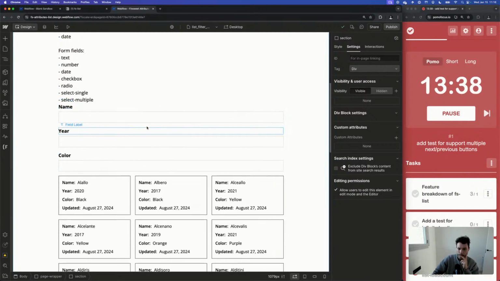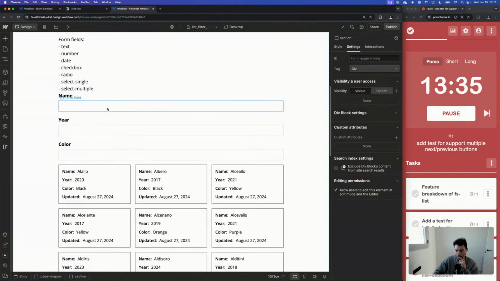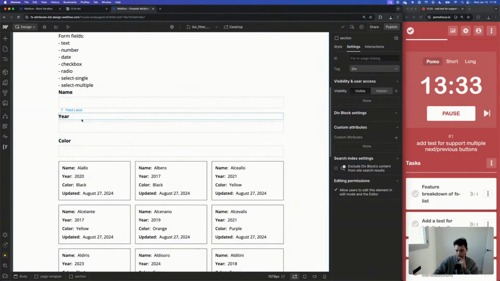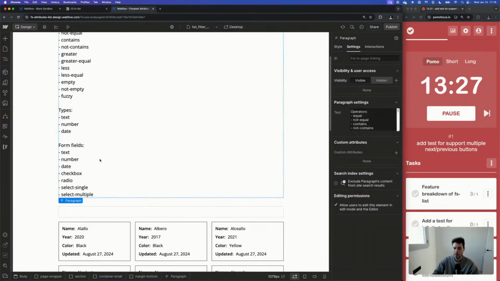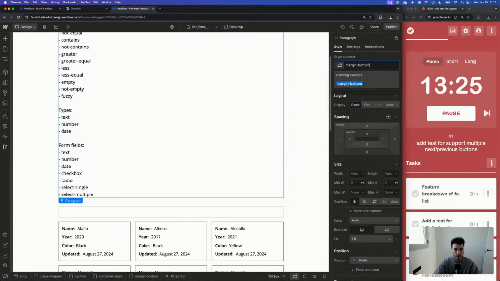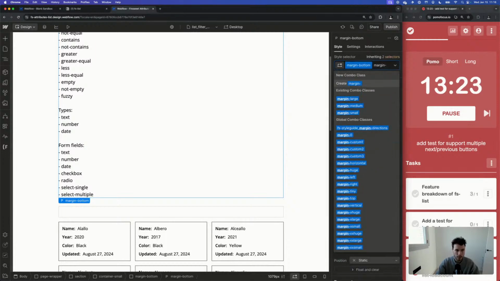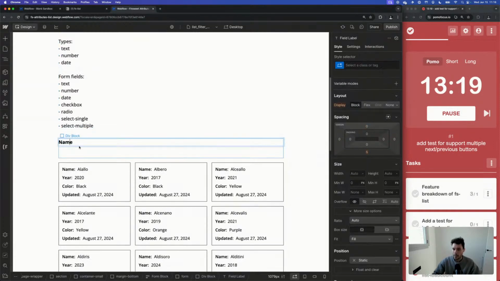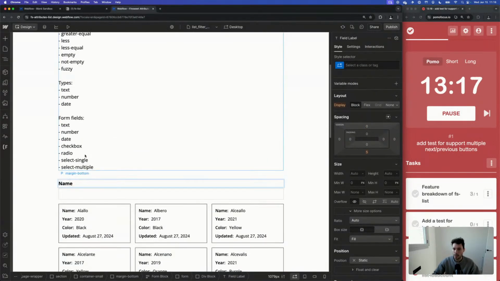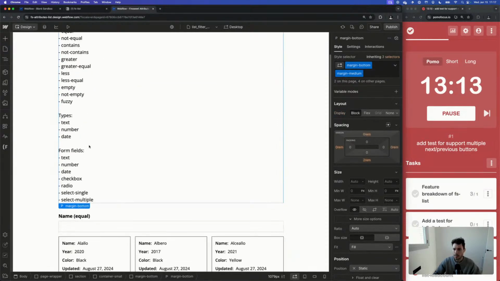Well, let's start by doing a very simple thing, which will be just filtering by name. Let's get rid of all of this. And in here, let's start by doing equal, like that.